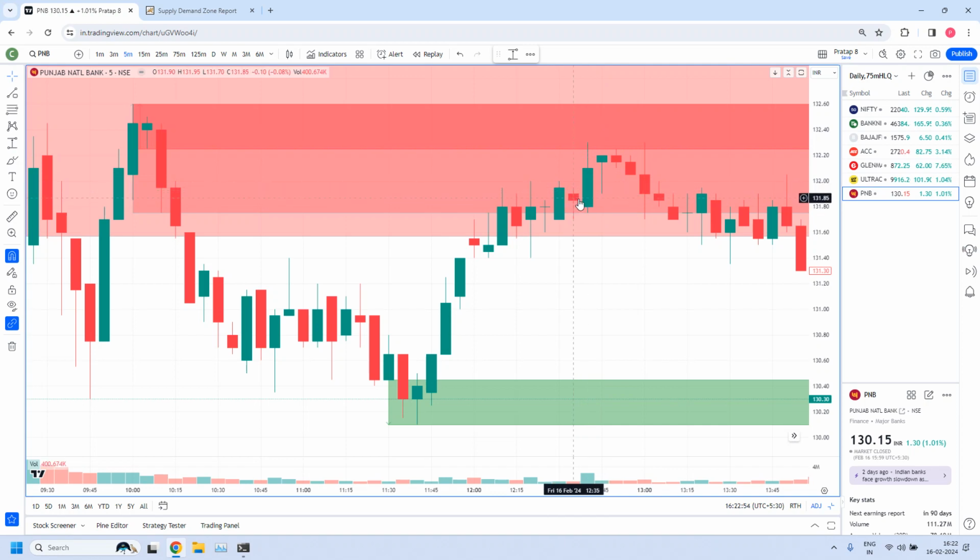Because here there is a 5-minute demand zone, a newly created rally, base, rally. This is a high liquidity zone, a normal zone, but it still has pending orders. Again it pushed the prices up. See, the next candle tested this zone. If you draw this zone, the demand zone,